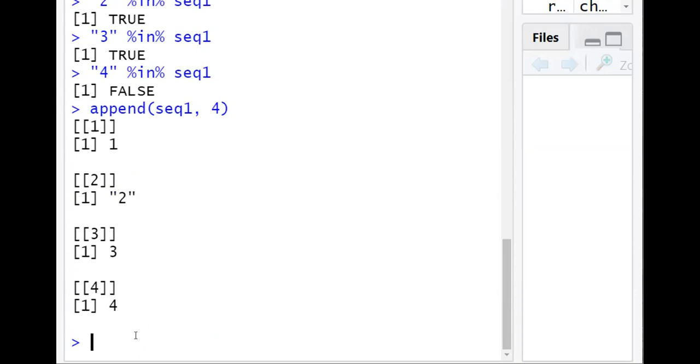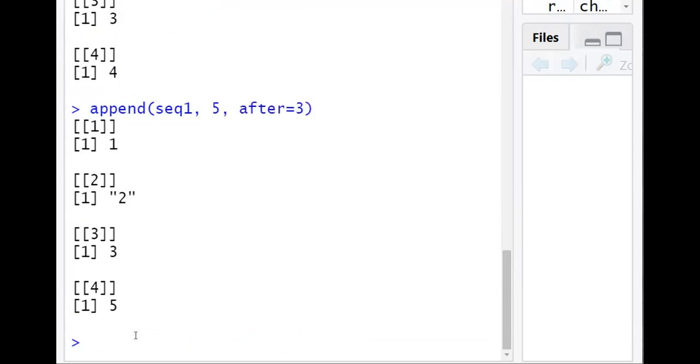Suppose you want to control where it gets added, say I want to add 5. I can write one more argument, after equals 3. Now this element gets added after the element 3.